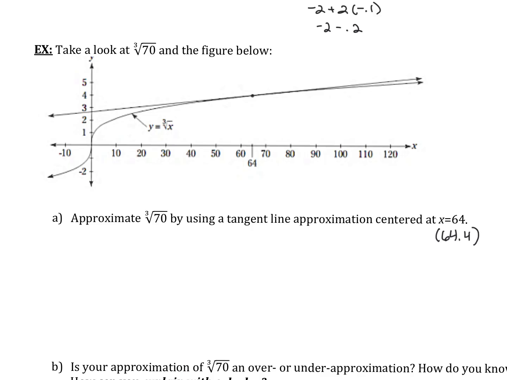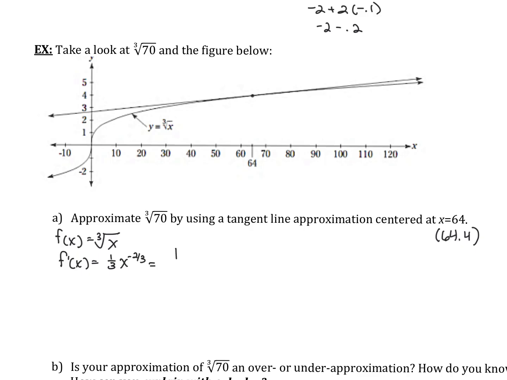Okay, now I need to write the linear approximation, meaning I need to write an equation of a tangent line, and I need a slope and a point. So to find the slope, if we start with f of x equals the cube root of x, I guess that said y equals, but this works. I'm going to take the derivative. So I'm going to do f prime of x equals 1/3 x to the negative 2/3, or